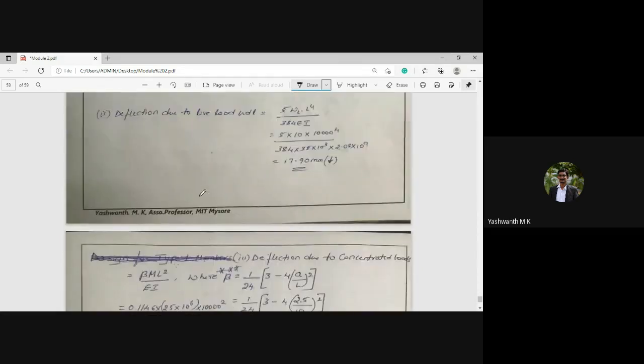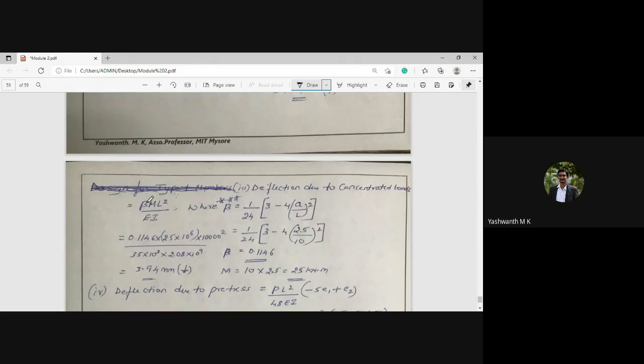The formula for this type is a new formula, that is beta, which is a multiplication factor, into moment due to those concentrated loads into total span square divided by modulus of elasticity of concrete into moment of inertia. Where beta is equal to 1 by 24 into 3 minus 4 into the end support distance, that is A divided by L overall span, square. So this is the multiplication factor you are going to consider for the concentrated loads, that is the two concentrated loads at 1/4 span.